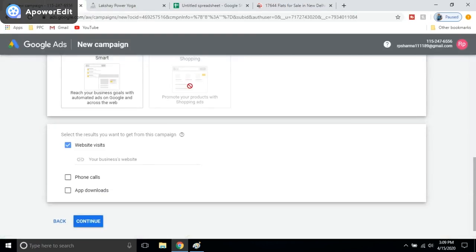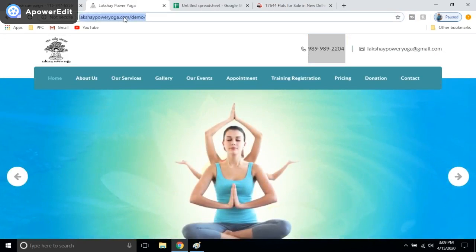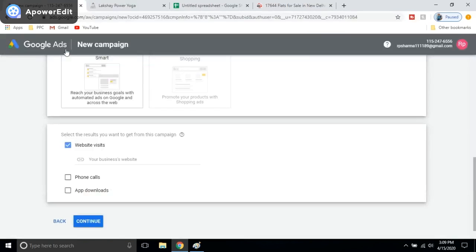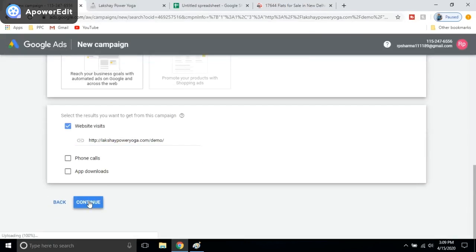This would be the main goal of this campaign. Otherwise if I want phone calls or app downloads, then I will select those. But right now I am not selecting any of them because I want website visits. Then I will place my URL here in website visits and continue.